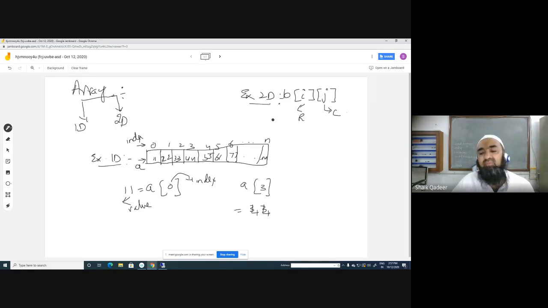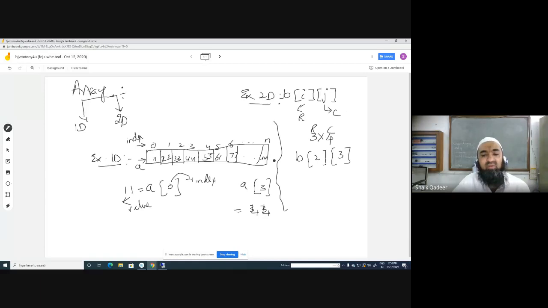Example, if we want to access the third row, fourth column element, then we write the index term as B of 2, and in the second square bracket we write 3. This fetches the value from the third row and fourth column.